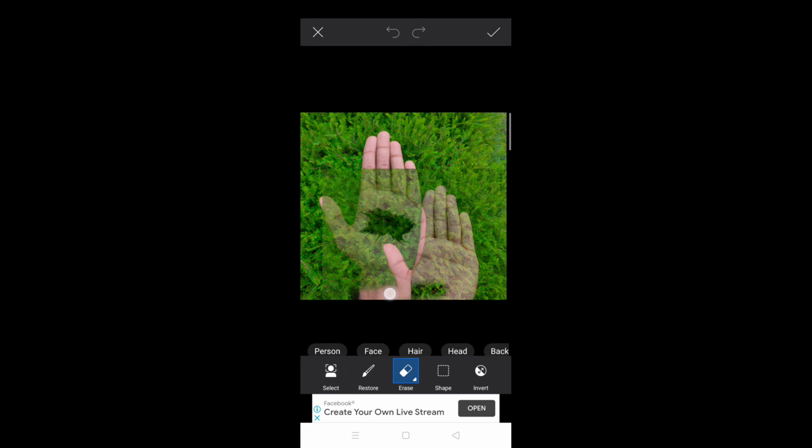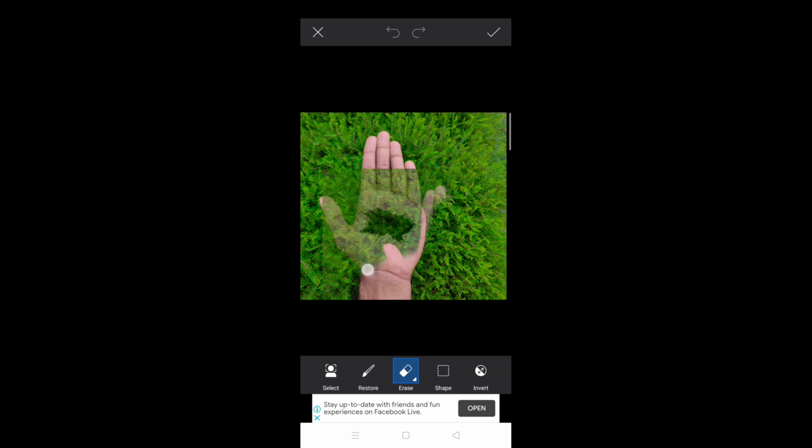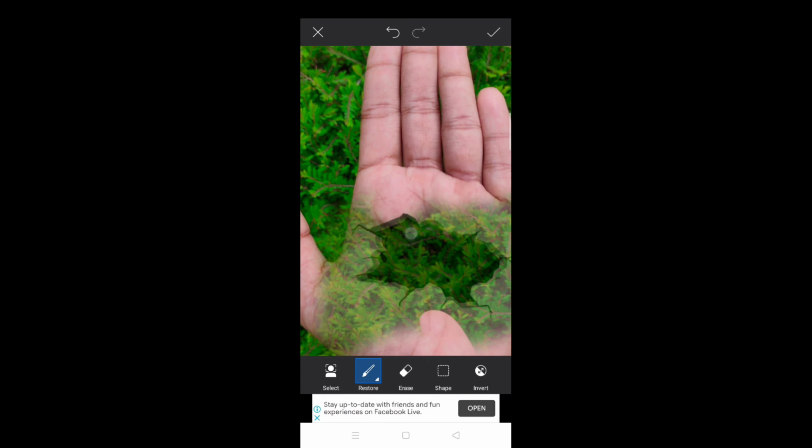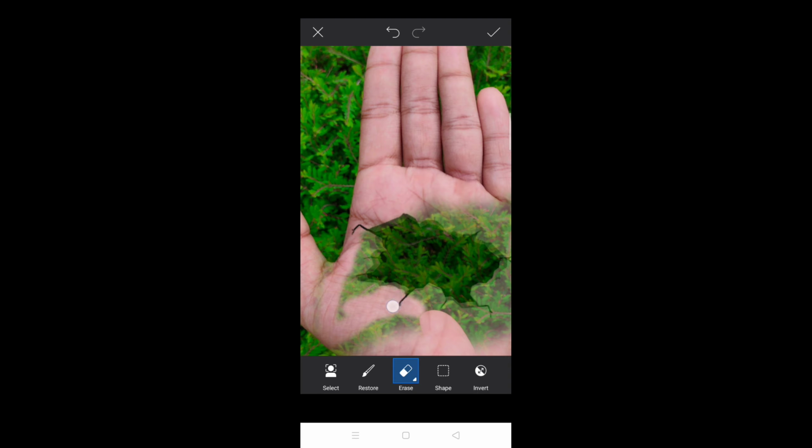So now you can click on the eraser tool, and you can erase the extra parts which are not needed. We just need to put the grass in the center of the palm, in that crack, in that hole. So erase everything like I'm doing it on the screen. Erase it slowly so that it looks good. It may take a time, but after you finish it, it looks really epic. The picture looks really amazing. So do it slowly and do it step by step.